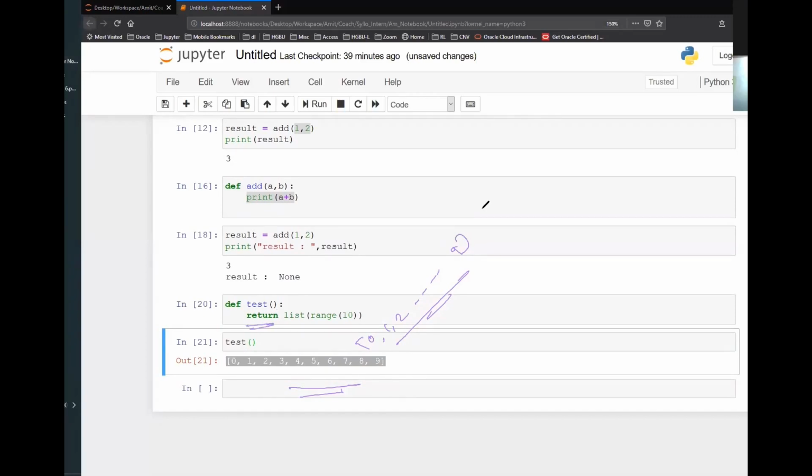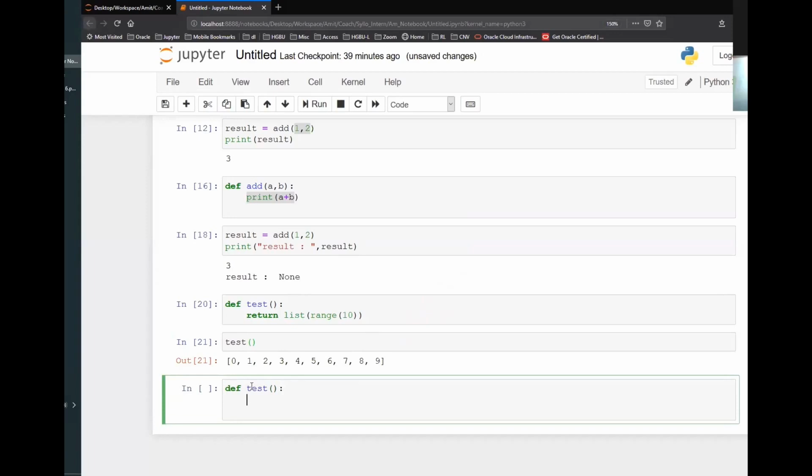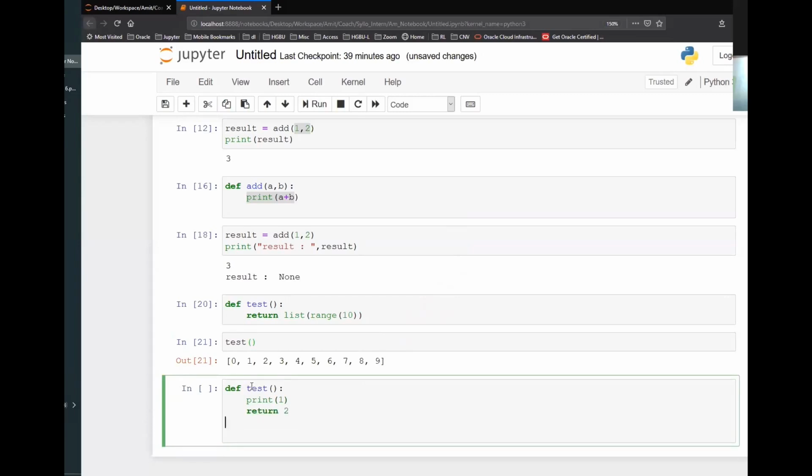Now let me give you some more scenarios here. Let's say I'm writing def test, and then here I'm saying print 1 and return 2, and then I'm saying print 3.